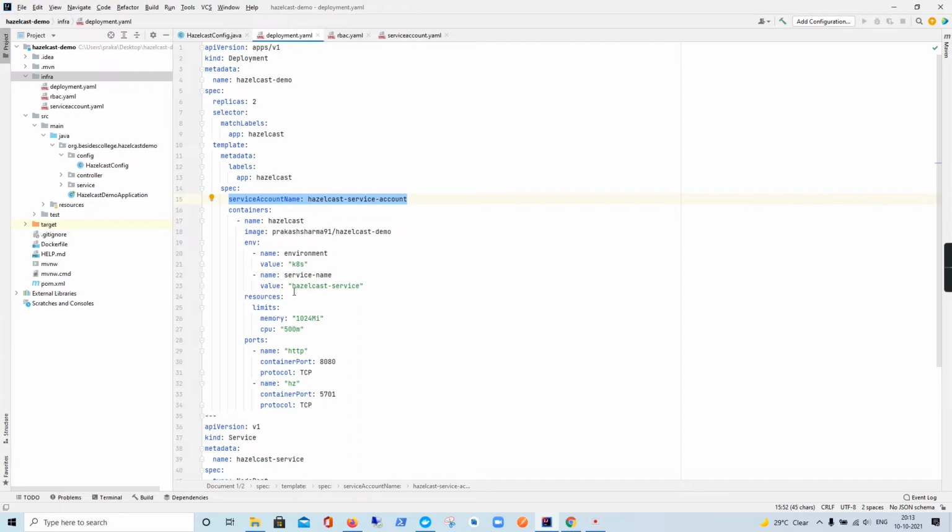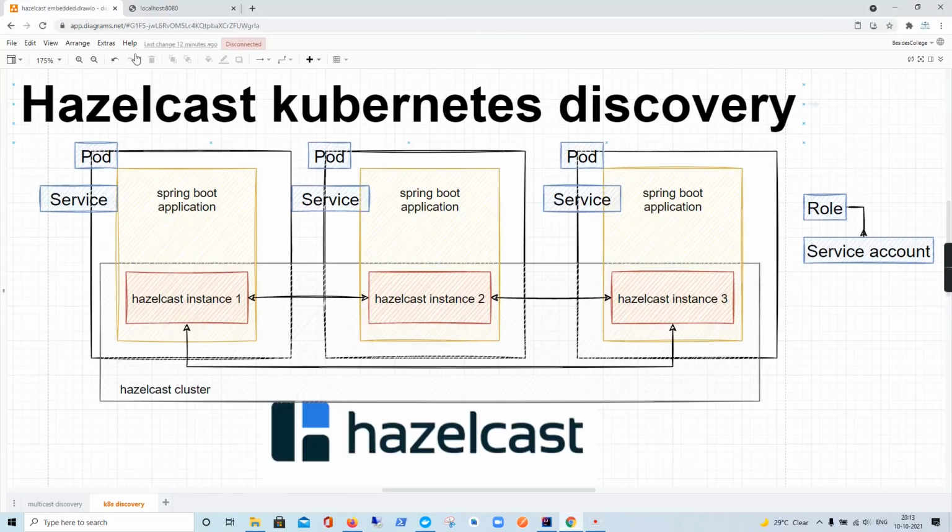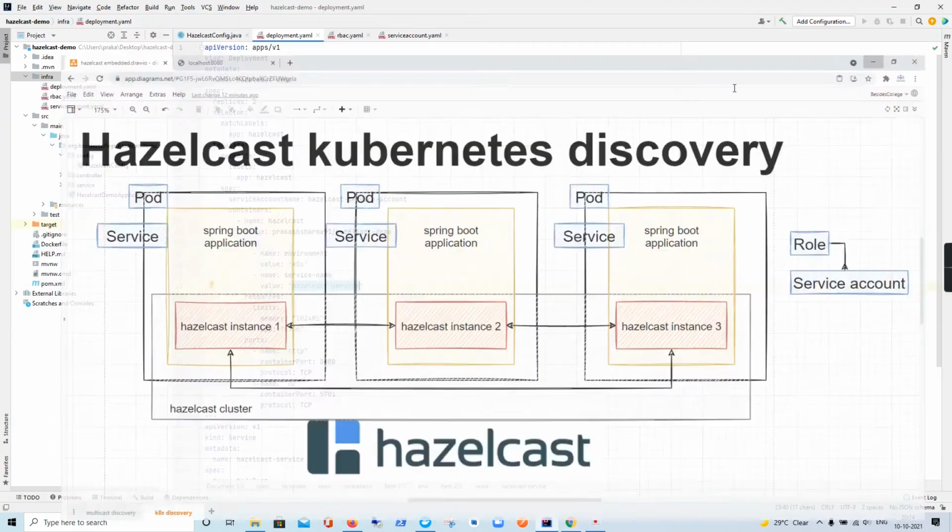The metadata will be the service name, actually the Hazelcast service, which we have already discussed in our previous videos. So basically, one instance is going to look for the service, and the service will be connected to multiple pods. So that's how Hazelcast will be able to identify another application in the cluster.